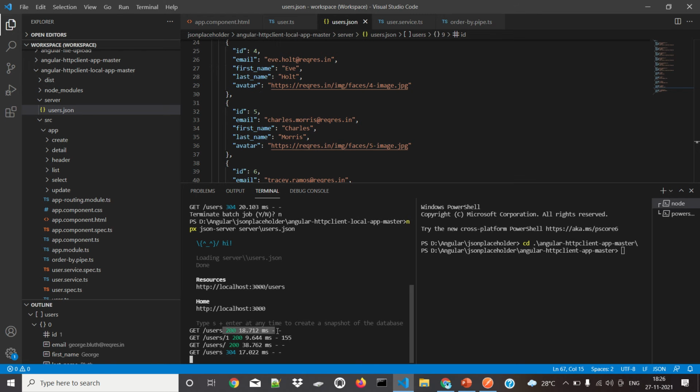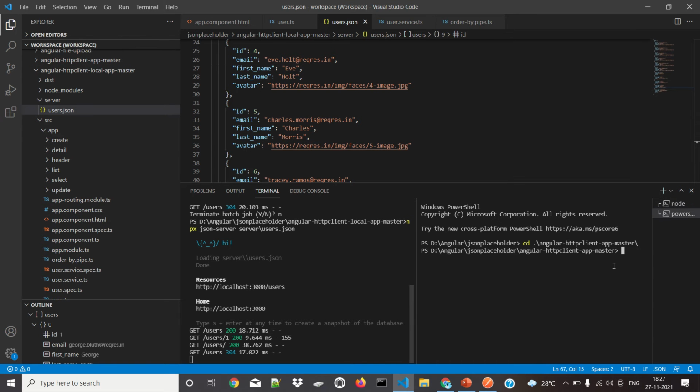First it used a get method, then we accessed the users method, then users one. Everything will be recorded here, so all the entries are updated into the server. We don't need a database server, an application server or a web server to run this. Everything will be taken care of by the JSON server.